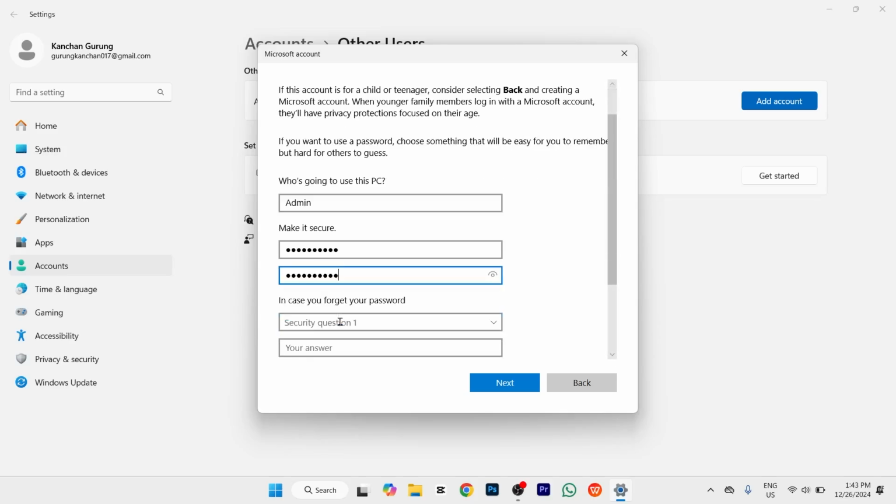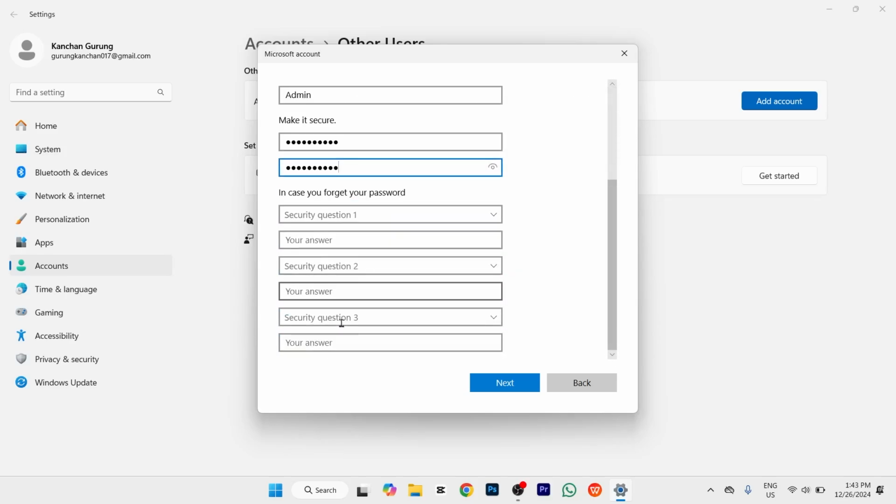And in case you forget your password, set your security questions